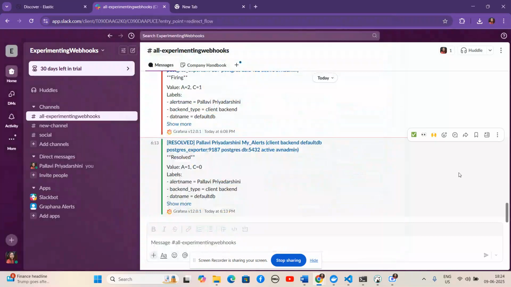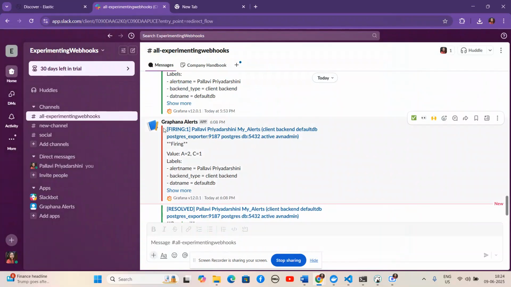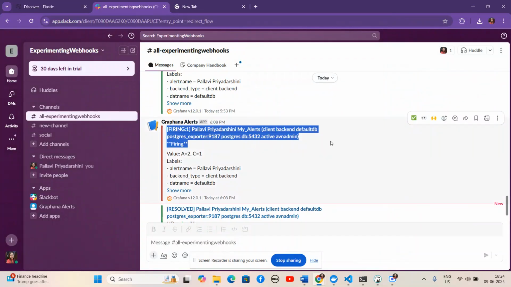Okay, so this is the alert system that I configured today. This is the Slack, my workspace. I just created it for experimenting with the webhooks that were required for the configuration for the Grafana alert system. So as you can see, the first one is firing to report that there is concurrent access